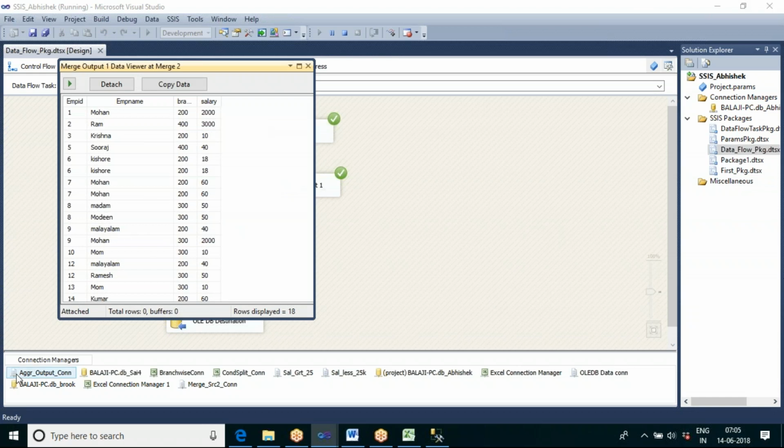So now you can see we are able to get the same output.